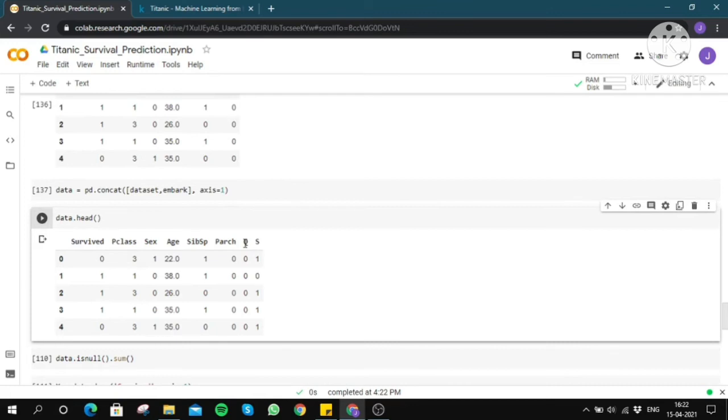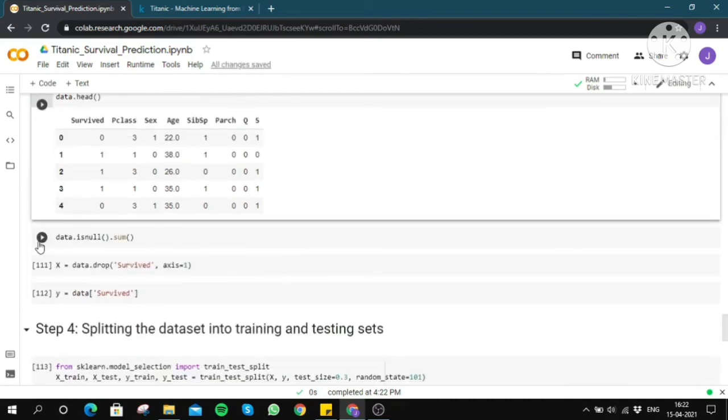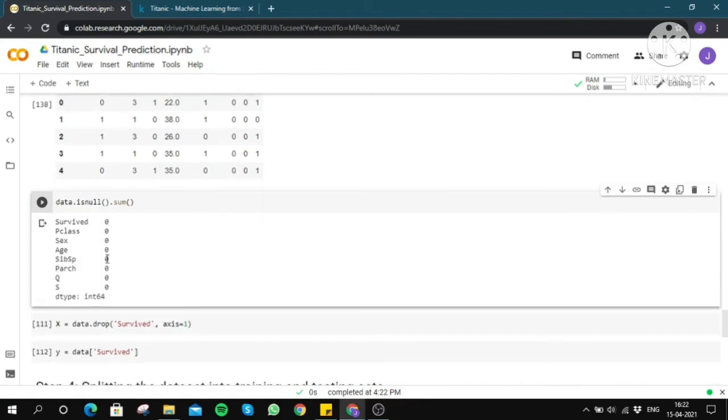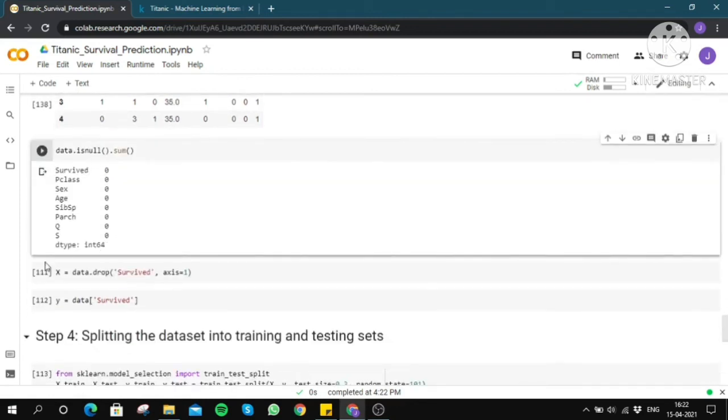As you can see, the embarked had 3 embarkments, C, Q and S, and get_dummies served its purpose of showing whether the person belonged to the Q embarkment or the S embarkment. If both are 0, then the person belonged to the C embarkment. Now let us look at the null values present in the dataset. As you can see, there are no missing values.